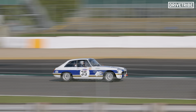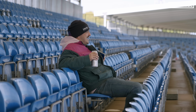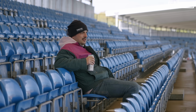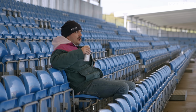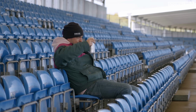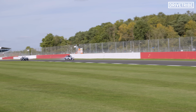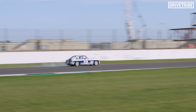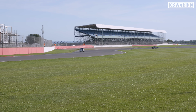This is what British motorsport is all about. Sitting in a completely deserted stand on an incredibly freezing cold, windy airfield, watching old cars slowly overheat until one really overheats, goes off and causes a red flag. Cheers to that. On this occasion, my energy drink seemed to give me the power of foresight because just 2 minutes later,